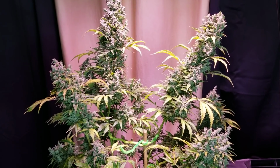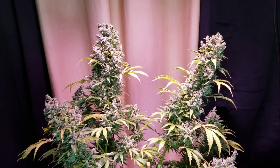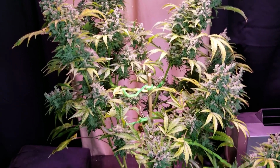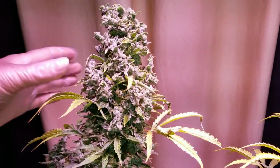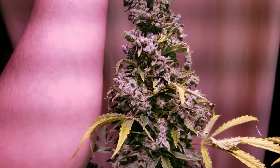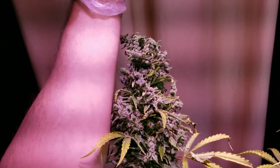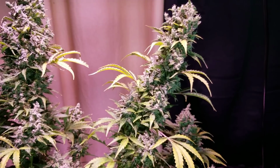So we have some really big colas here. Those top ones there are close to a foot long, pretty thick, really thick actually. Let's see if I can get my arm in here. Pretty massive buds. So one thing I do want to talk about, and some of you probably have already